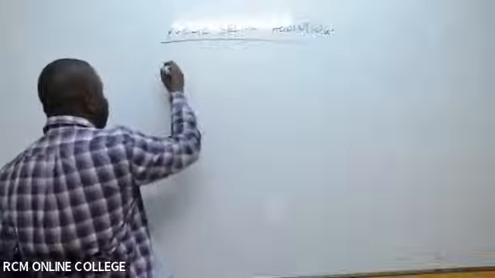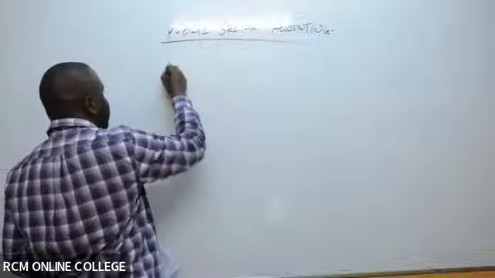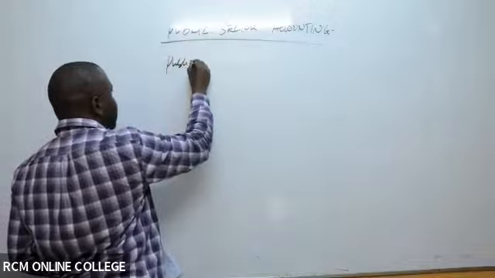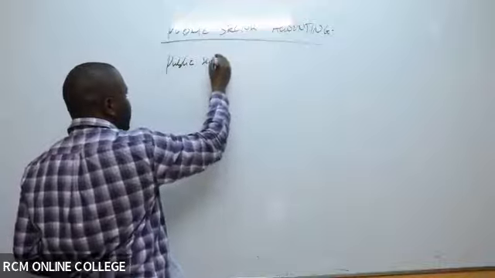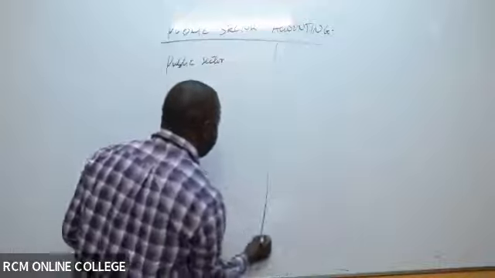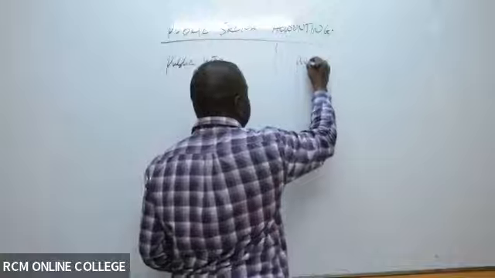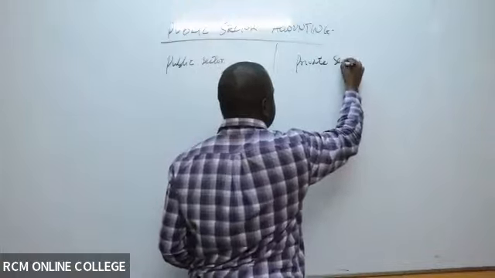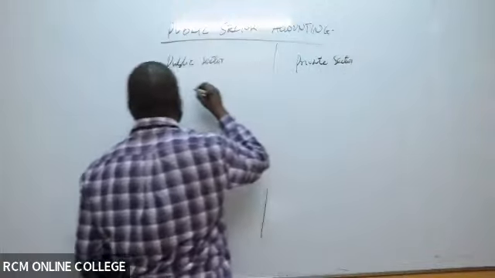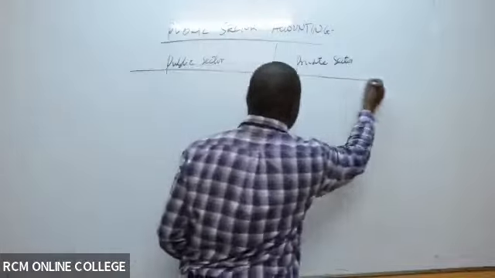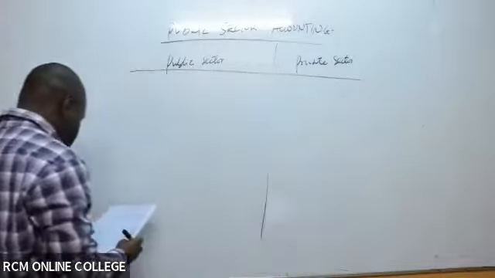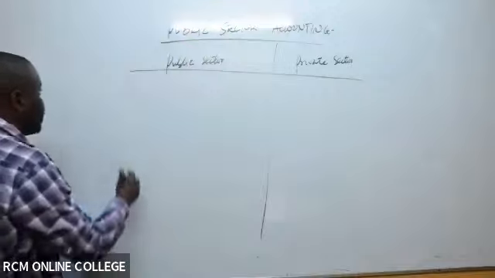Of course, in this case, you can put public sector on this side. You can use that table so that we can move a bit faster. So public sector, and then on this other side you can put private sector entities. What is the difference between the two? Our first difference, we can look at it